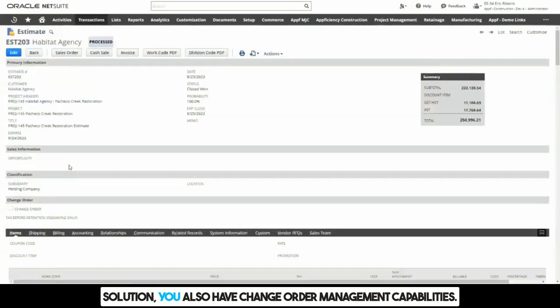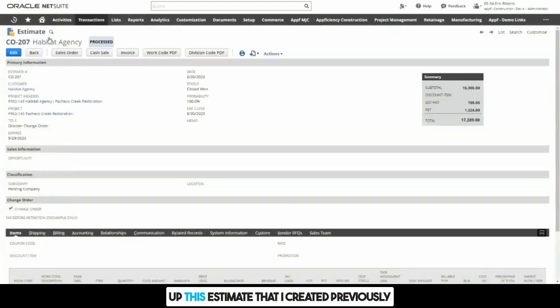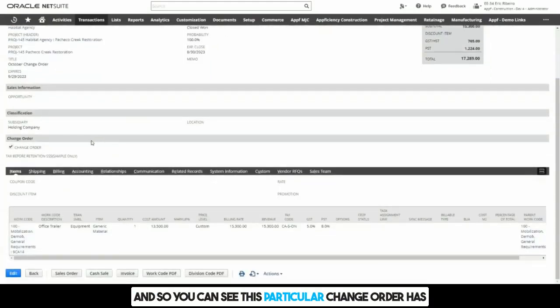With our solution, you also have change order management capabilities. So to demonstrate this, I'll quickly bring up this estimate that I created previously where we're accounting for a change order that happened in the month of October. And so you can see this particular change order has been flagged as a change order for the Pacheco Creek